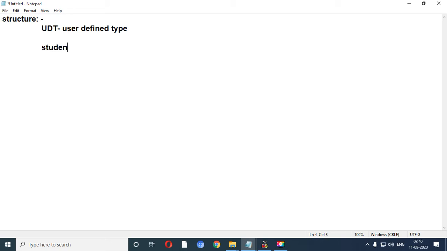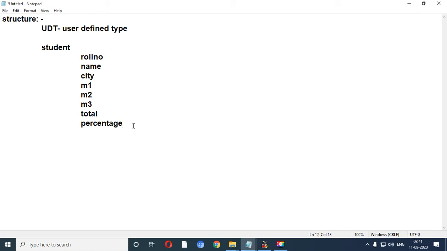If you are going to store the information regarding the student, at that time, what are the fields you need to have inside the student? For example, roll number, then name, because every student has a roll number, then they have a name, then city, then say for example M1, M2, M3, total, percentage. So these all are the information which is related with the student structure.